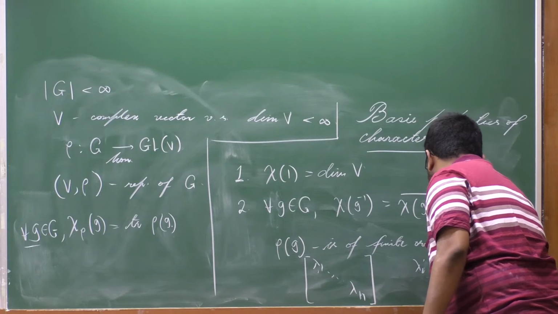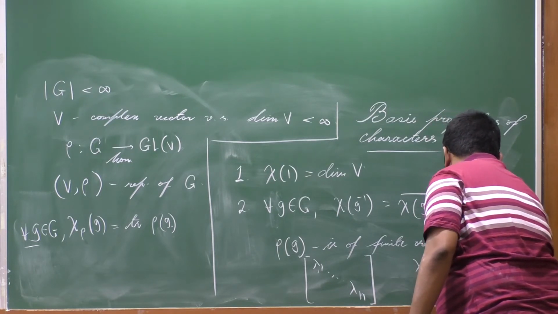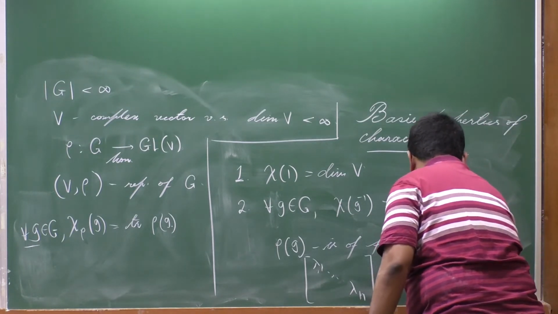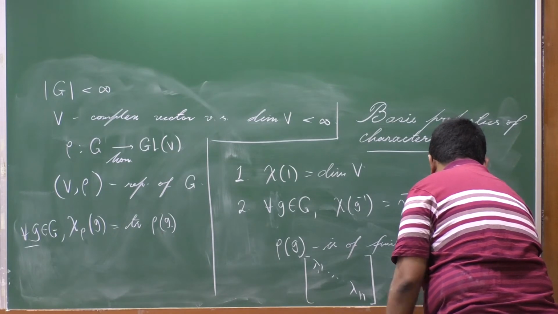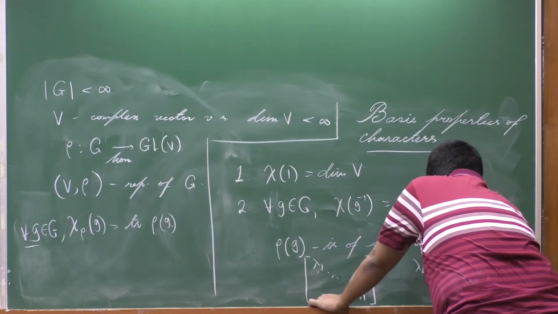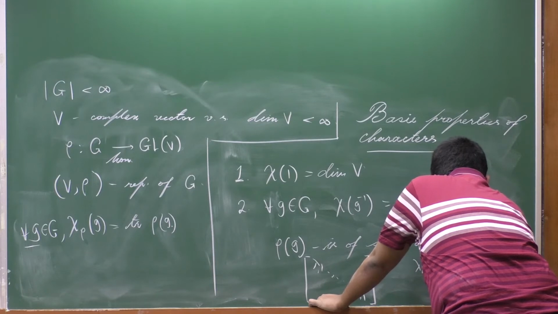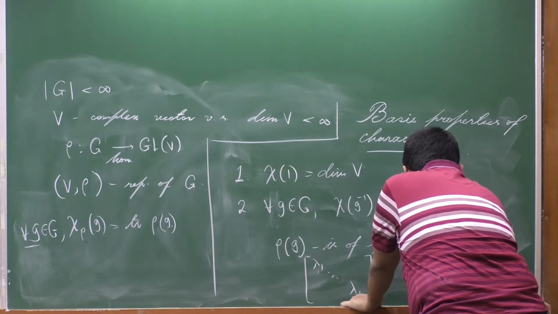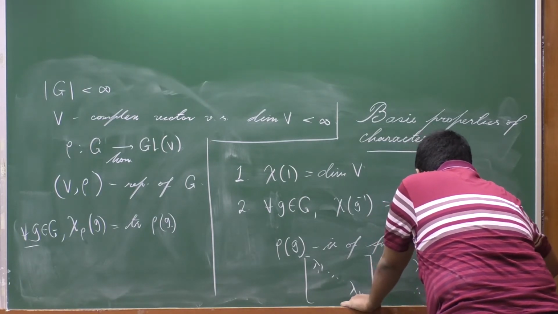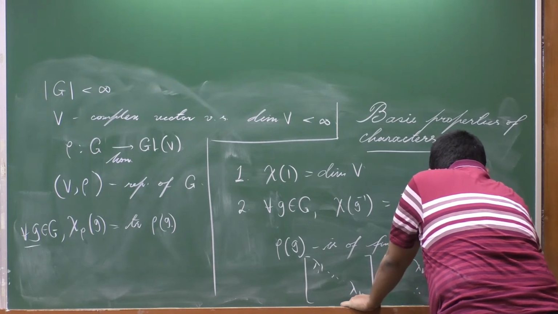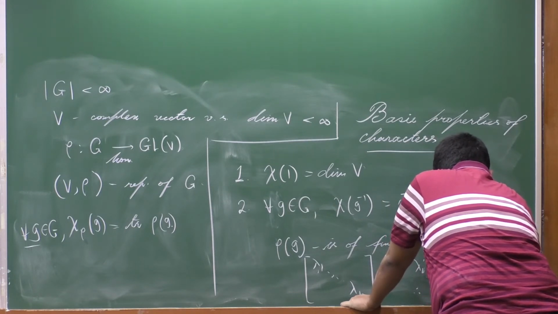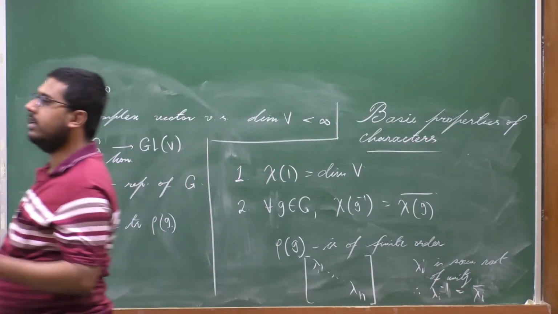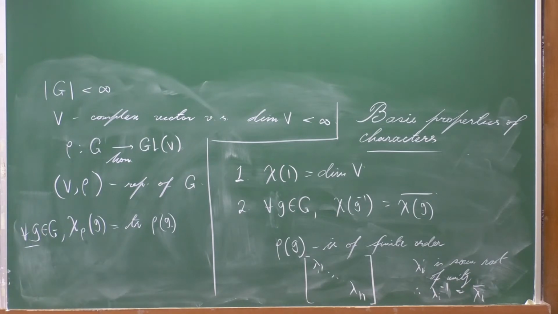like earlier we have argued, each lambda I is some root of unity. So, this we have already argued, hence I am just quickly explaining instead of writing much. Root of unity. So, therefore, lambda I inverse has to be lambda I conjugate, right. The complex numbers having absolute value 1, their inverses are their conjugates. So, therefore, the